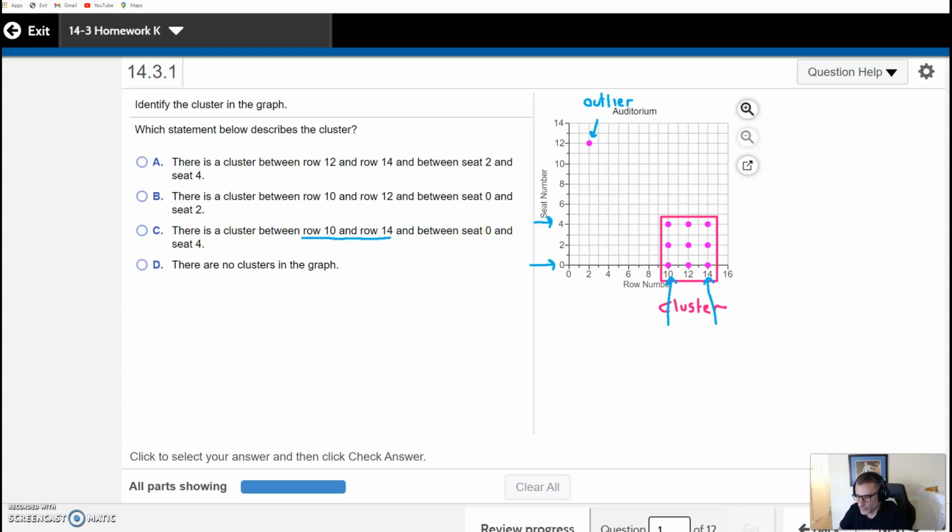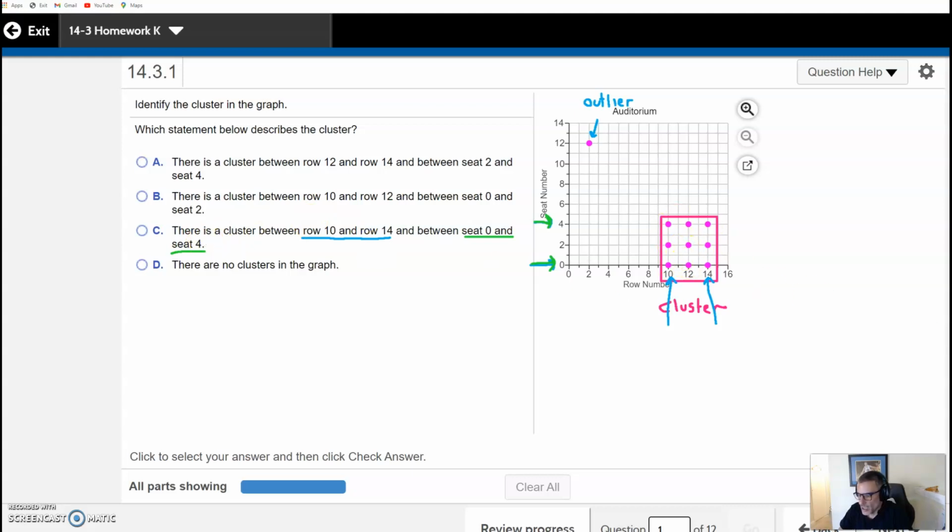Right? I'll make this match with colors. So there's my 0, there's my 4, 0, and 4. So by identifying the x coordinates, the beginning, the end, the y coordinates, the beginning and the end,